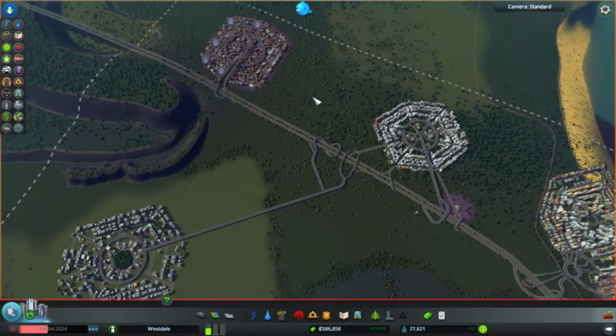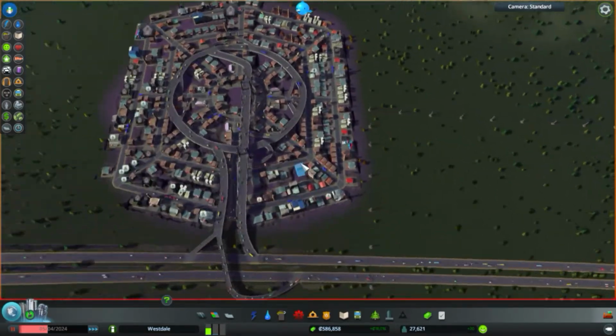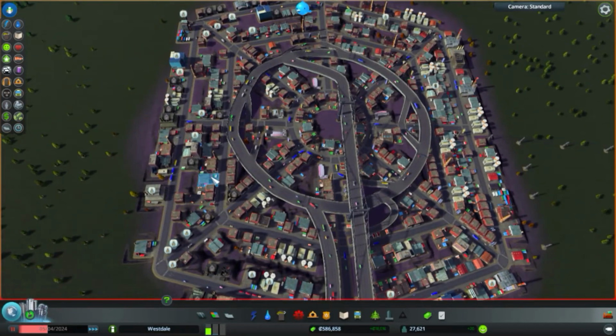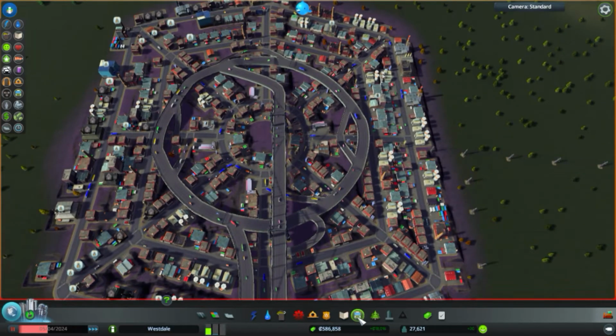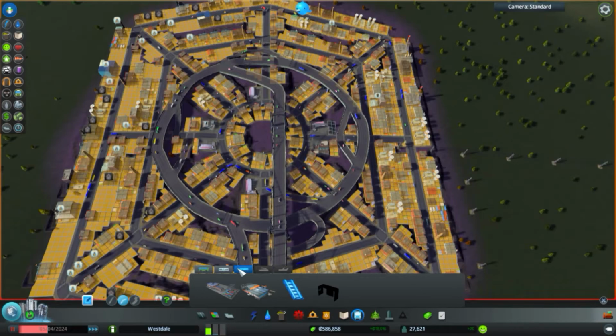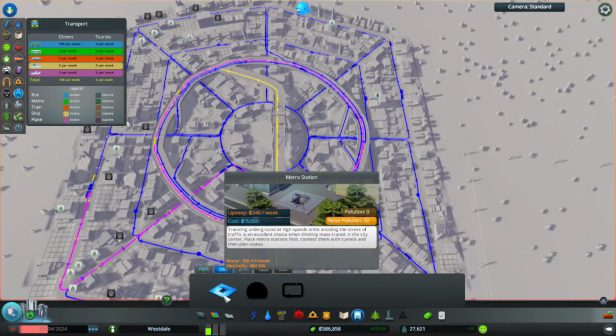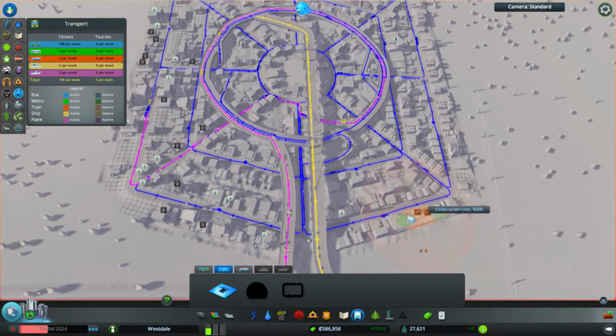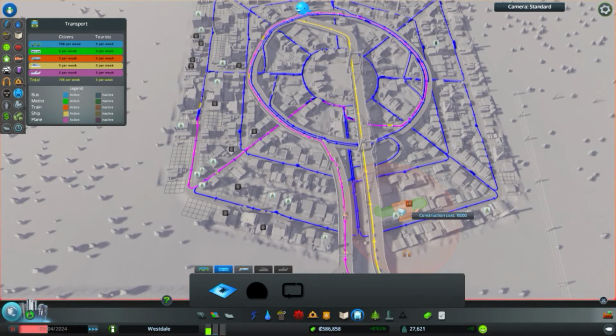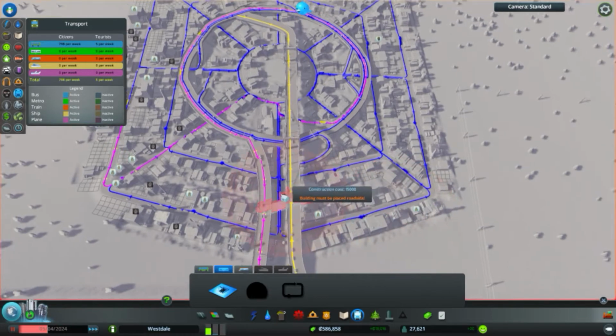I paused the game and added huge districts and then lots of bus lines. So I think the game needs to kind of figure out its calculations and stuff. But what I want to introduce now is actually the subway, the metro station. So what I'm gonna do is put one and only one metro station in each of the districts close to